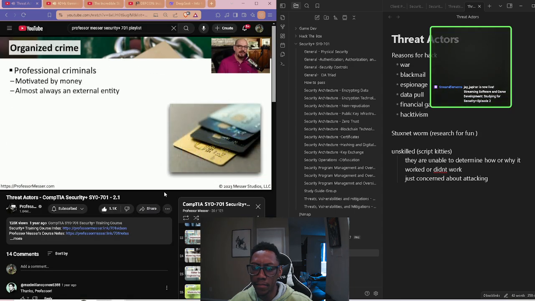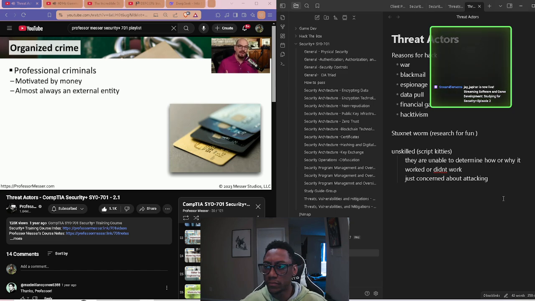Our perception of organized crime may go back to old movies, but in reality, there is a great deal of organized crime in the cybersecurity arena. Threat actors categorized as organized crime are usually motivated by money. Everything they're doing is to be able to make a profit from the attacks that they're performing. Since organized crime is in the business of making money, they often have a number of resources available that they can apply towards these types of attacks.